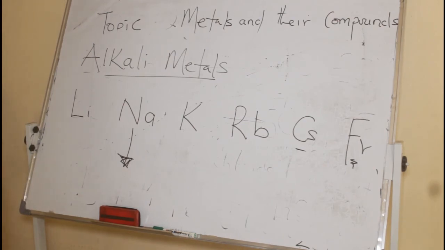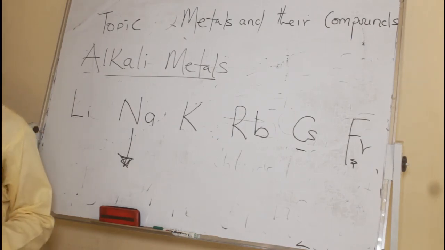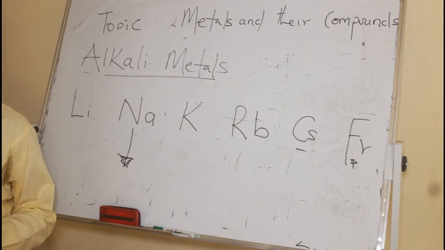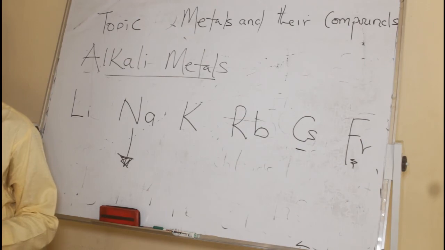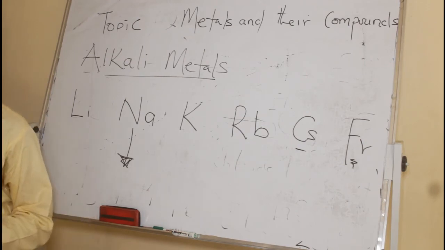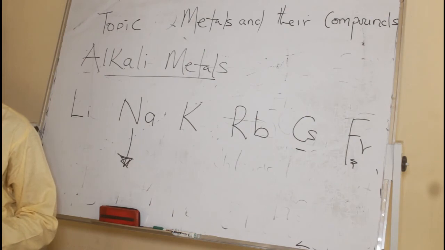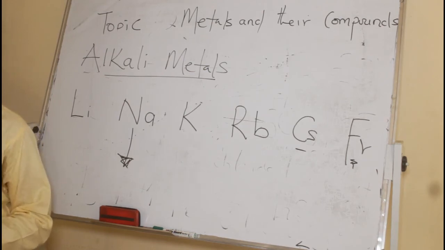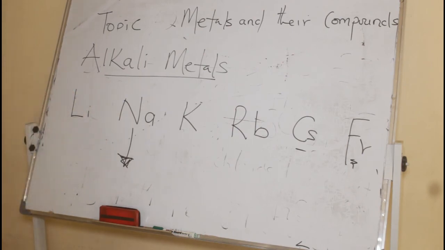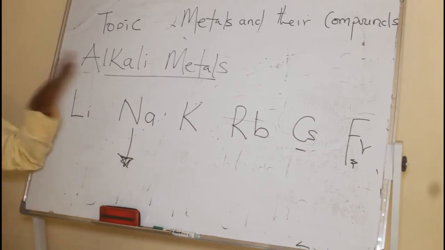When you have an aqueous solution of sodium chloride or molten state, the sodium will split and move to the cathode and become deposited there. So the special electrolytic cell we normally use in the production of sodium is called the Downs cell. Are you following? For sodium, electrolysis of the salt, sodium chloride, sodium will go to the cathode and become deposited. I don't think I should write it again because I have just mentioned the concept of electrolysis in the separation of metals. Sodium will move to the cathode, it will gain electrons and become deposited. Are you following? I don't think I should write about that electrolytic cell. It's simple, just what I have explained earlier.